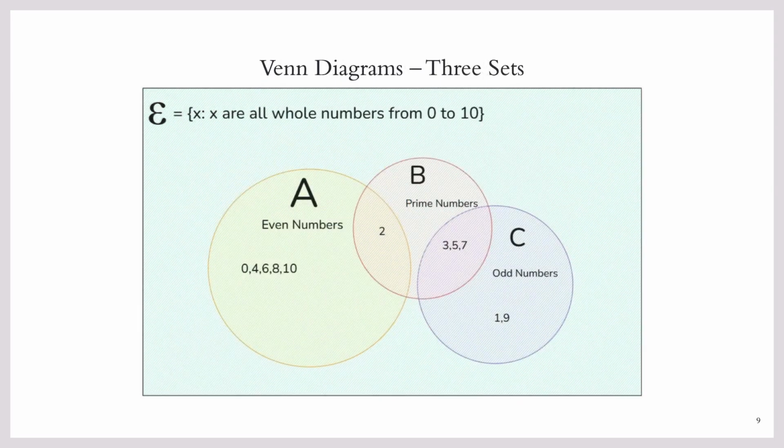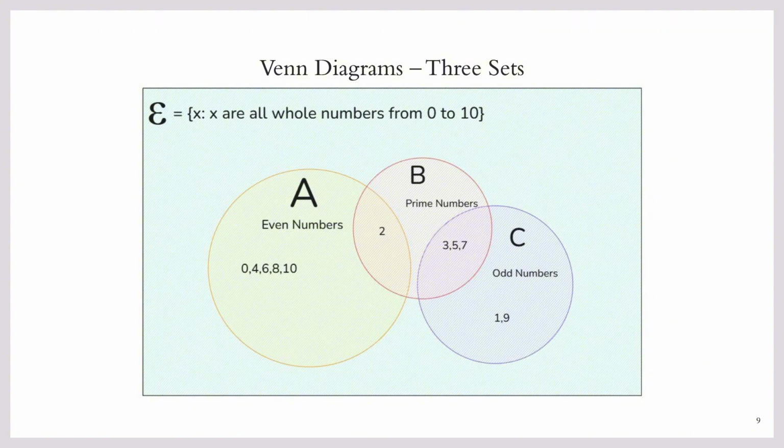In case we have three sets, in this case we are taking our universal set as all whole numbers from 0 to 10. Then we could write it in terms of its even numbers, prime numbers, and odd numbers. So we have four prime numbers that are 2, 3, 5, and 7. And we have five odd numbers that are 1, 3, 5, 7, 9. And we have six even numbers that are 0, 2, 4, 6,